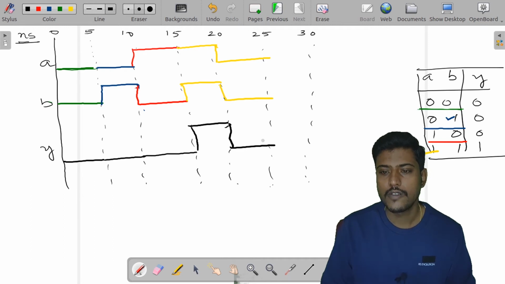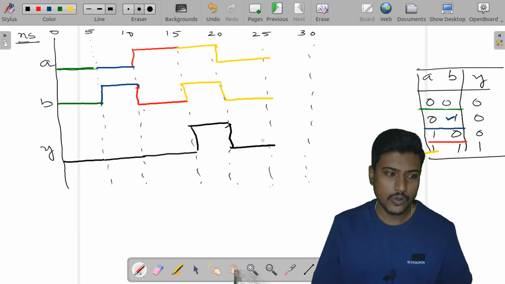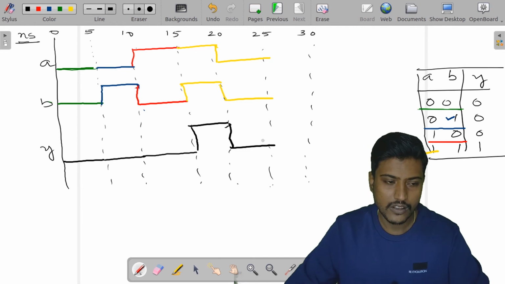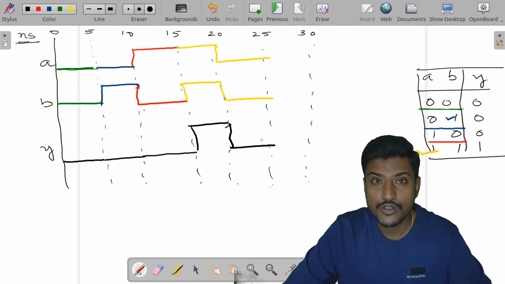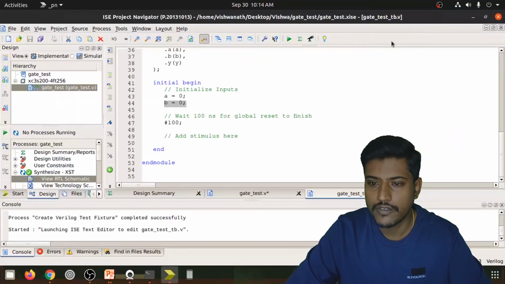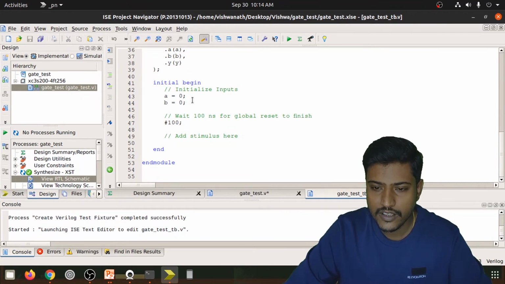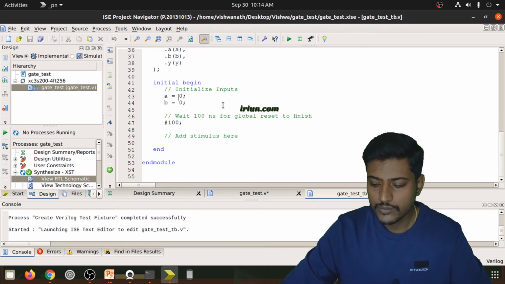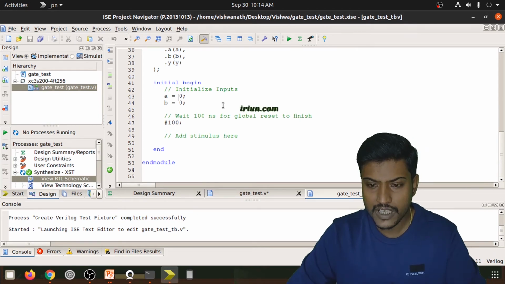Okay, so now how to drive these inputs? I think you might have understood how the simulation waveform works. Driving the inputs, as we said, it is going to be 0 0, 0 1, 1 0, 1 1. Here, please specify how many bits you are having.